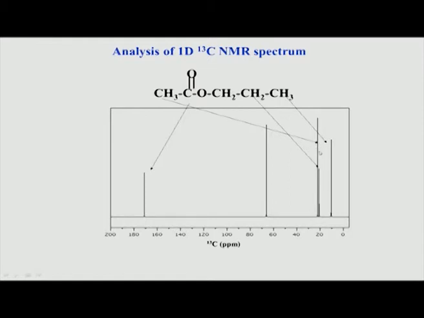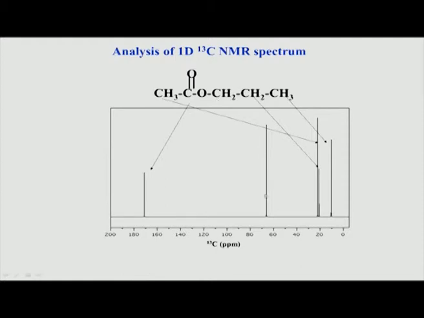Typically what happens is methyls are very strong peaks in NMR. In proton also we get a very strong peak, similarly in carbon also we get very strong peaks. So, therefore, typically the tall peaks are usually associated with CH3. Now, the remaining peak has to correspond to this CH.